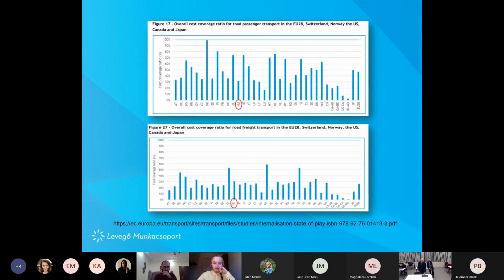And they came to the conclusion, for example, here is a figure for road transport, that in no country in the EU, Switzerland, Norway, the US, Canada, and Japan, so in none of these countries do the users of road transport cover the full costs of all the costs they cause. For example, in Hungary, both for passenger transport, meaning cars, and for trucks,